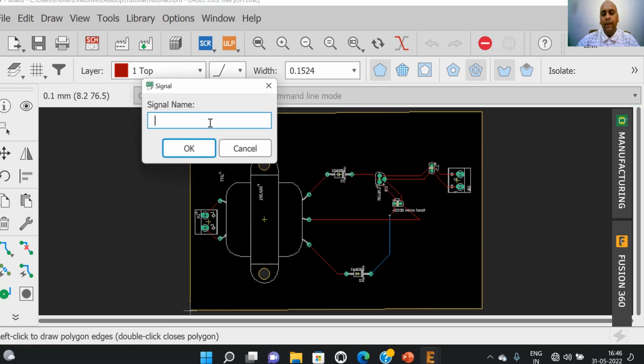Again, we can terminate on the starting point and we can name this as ground.